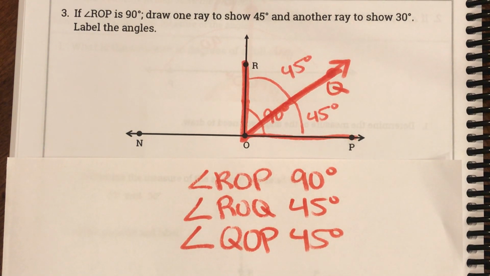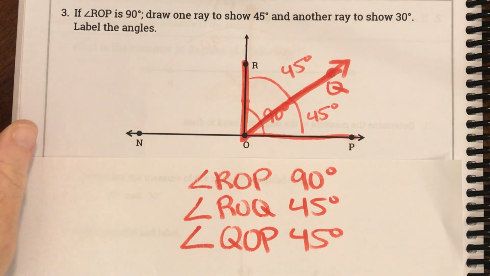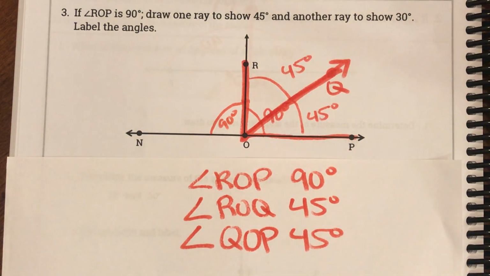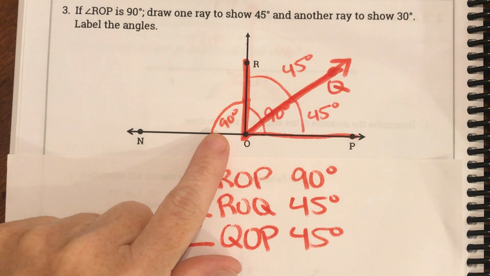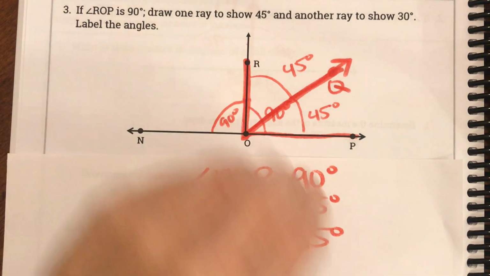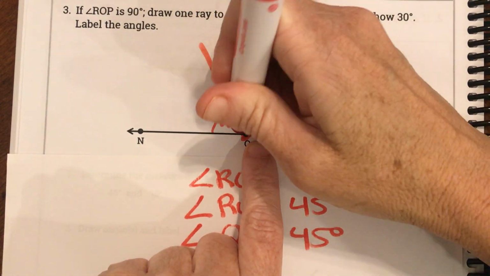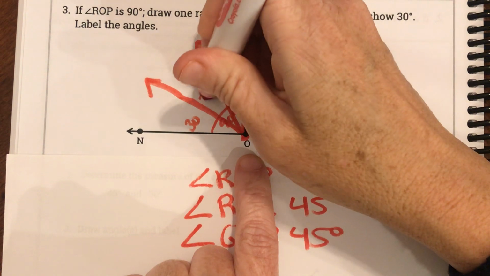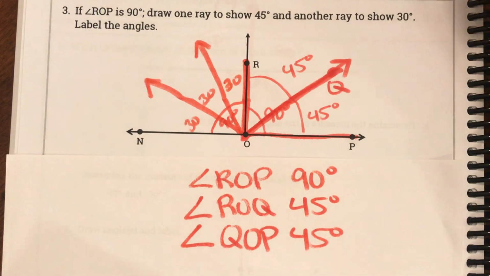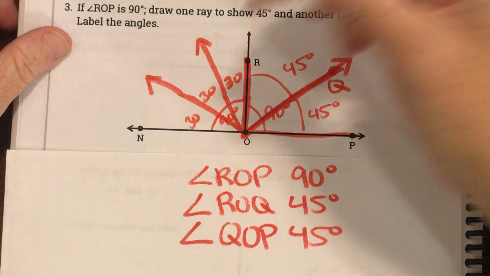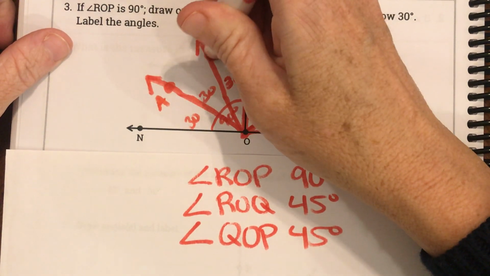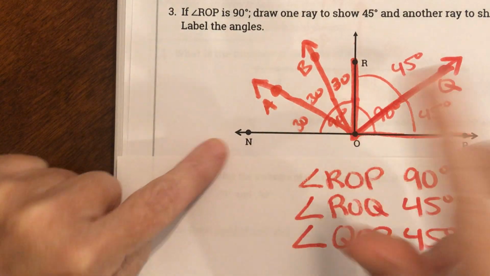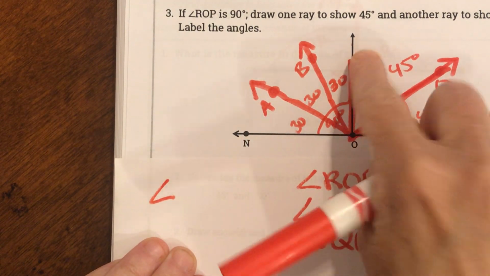Okay. They also want me to do one that's 30, but I think because this side's so messy, I might come over here. Well, if this whole thing is 90 and they want it to be 30, well, I know that 90 is made up of 30, 30, and 30. So I need 3 sections. So that would be 30, 30, and 30. So maybe I should add some points to those. Maybe we'll just add A and B. Okay, so we could start on that side and we could say angle NOR